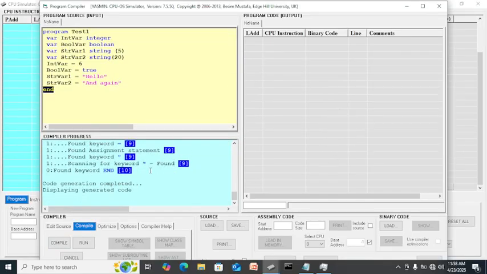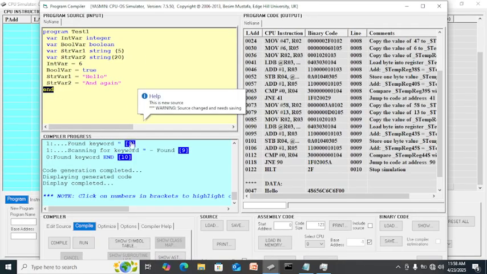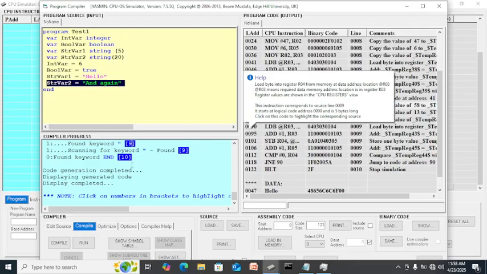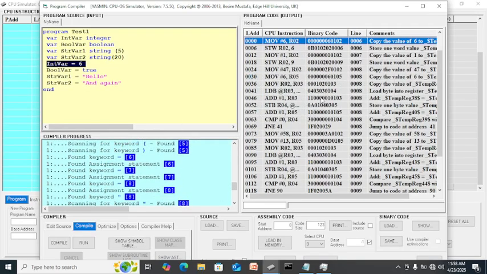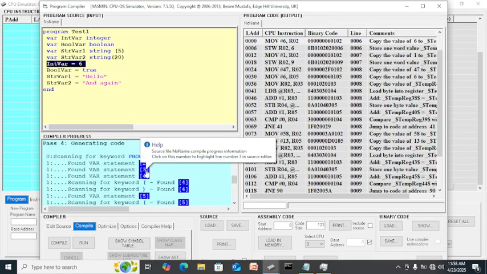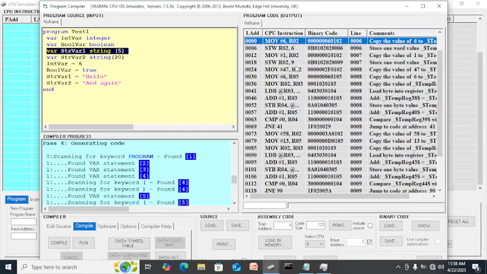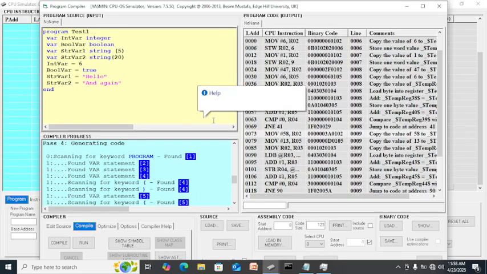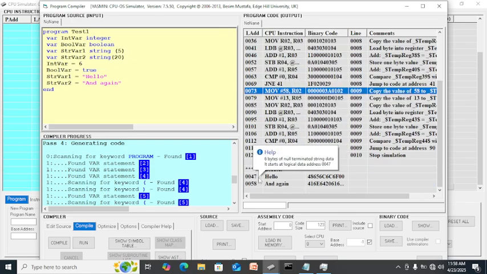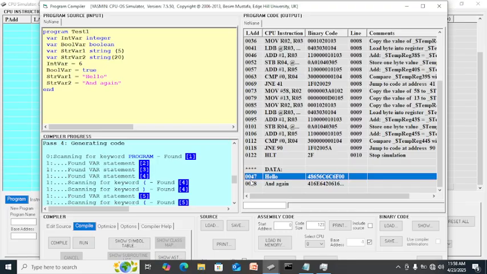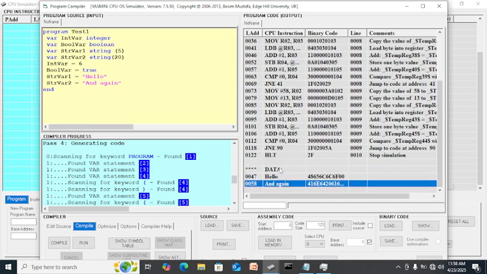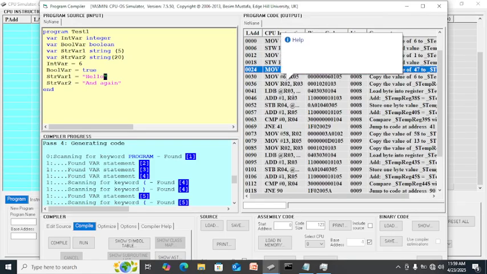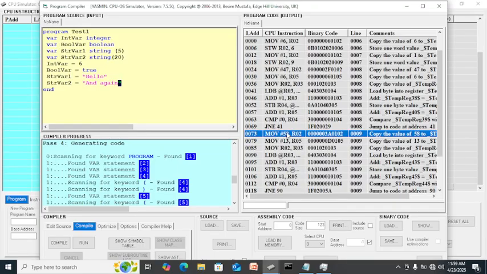Then after that you can click this one, you can follow the code here. You can click this one to follow which line of code is in the assembly. Click here also, and str variable 2, this is the one. As you can see, the data starts at 47, and this one is 58. As you click the 47, it will go here.